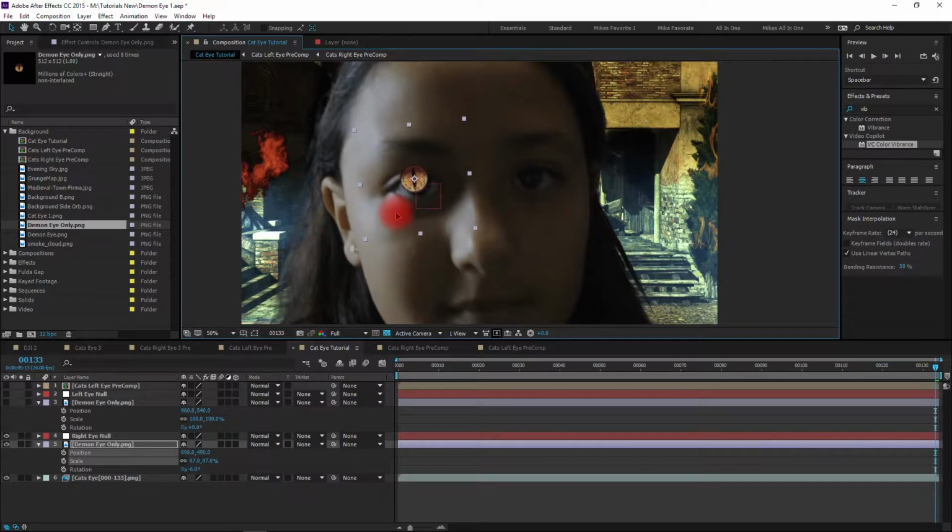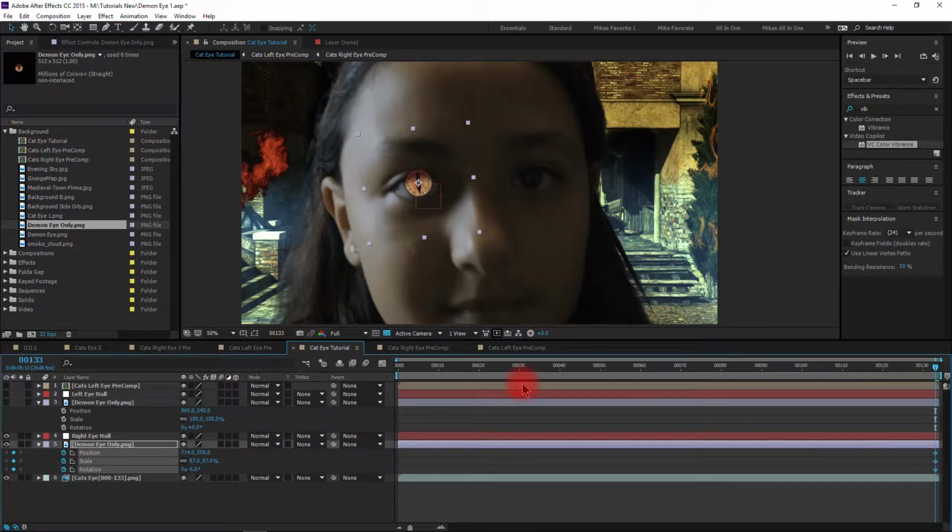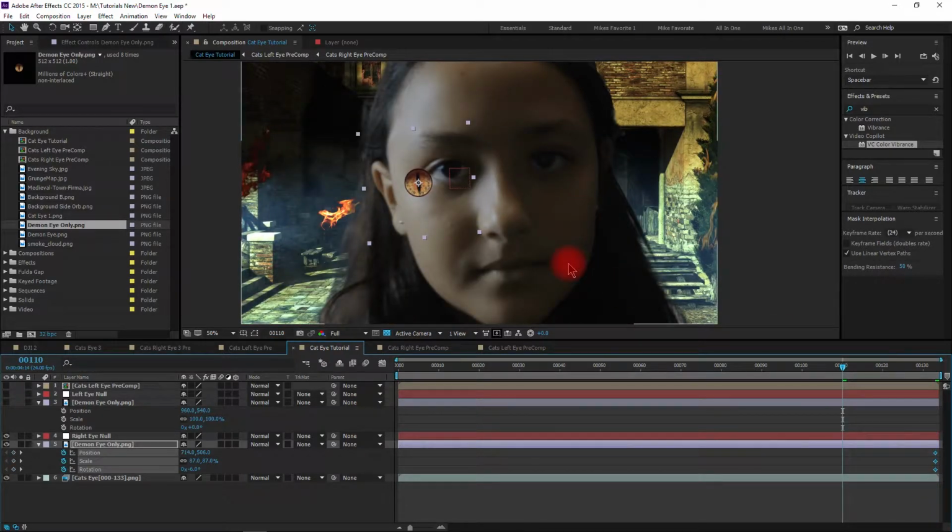I could replace everything, the whites of the eyes and everything. I've chosen not to for this video. But again, the process would be exactly the same. Just try what you like. So got that positioned where I like it. I've got it scaled pretty good. I'll go ahead and keyframe, and now I'm going to work my way backwards, and